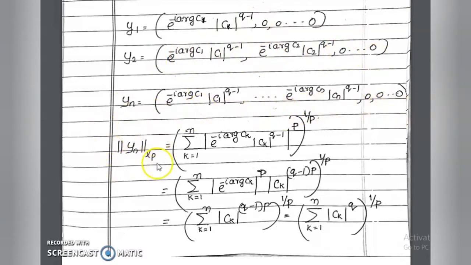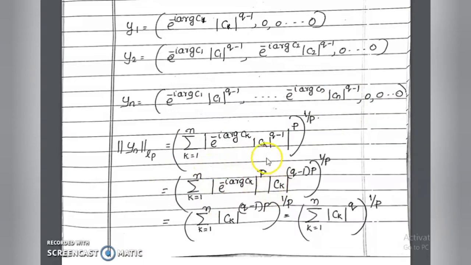Now the norm of y_n in l^p is the same as the sum over k equal to 1 to n. What about the norm of x? Suppose x is equal to some a_i. What is the norm of x in p? The p norm of x is equal to the sum from i varies from 1 to n of the modulus of a_i, whole raised to p, whole raised to 1 by p. Similarly, here k varies from 1 to infinity, but all these terms are 0. Therefore this is equal to the sum from k equal to 1 to n of the modulus of this, whole raised to p, whole raised to 1 by q. The modulus of ab is the same as the modulus of a times the modulus of b.